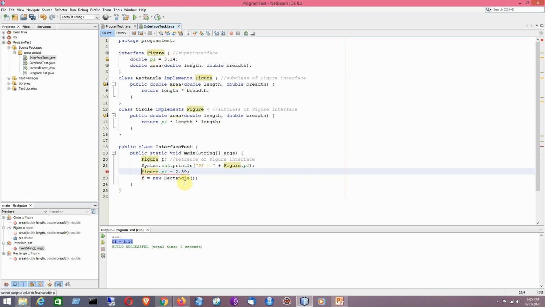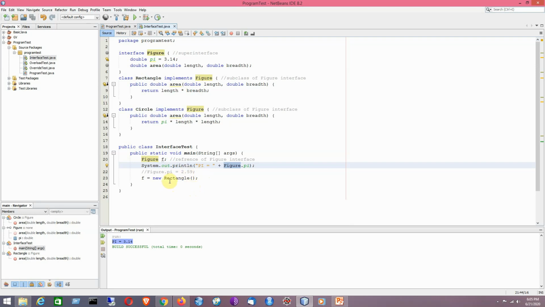So I have to comment this out, otherwise it will give a compilation error. So I have proved that it is by default static and final both, because it can be accessed directly by mentioning the interface name, but you cannot modify it. It is a final variable which cannot be modified once initialized.